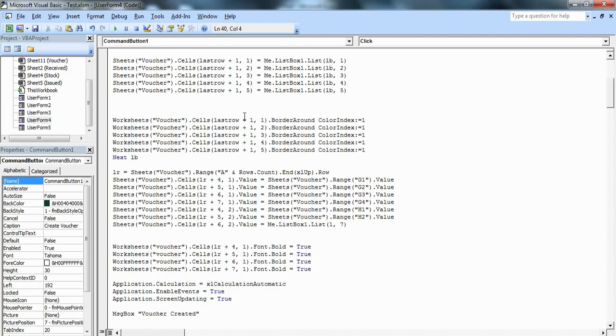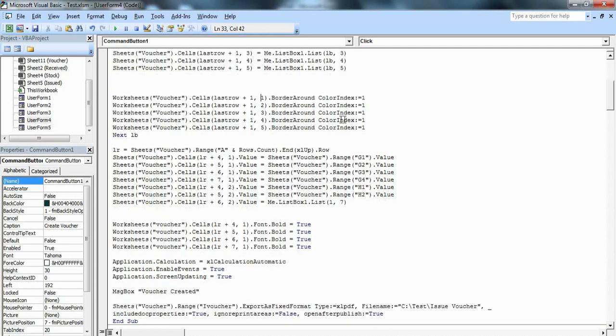So what it will do is all 5 columns will be bordered up to the last row where your data is entered. Okay, then we end this loop. Next LB, we end this loop.